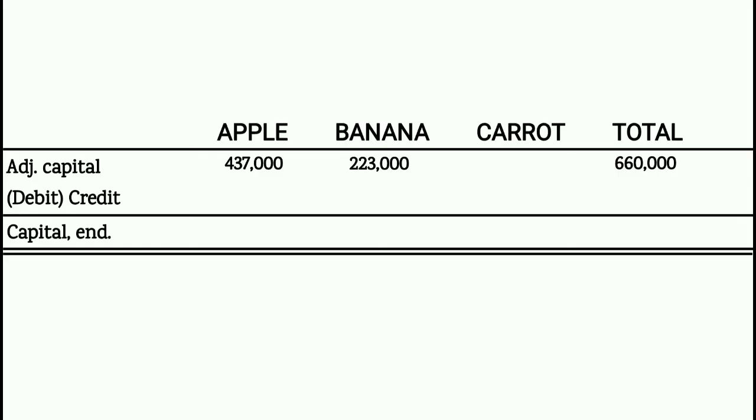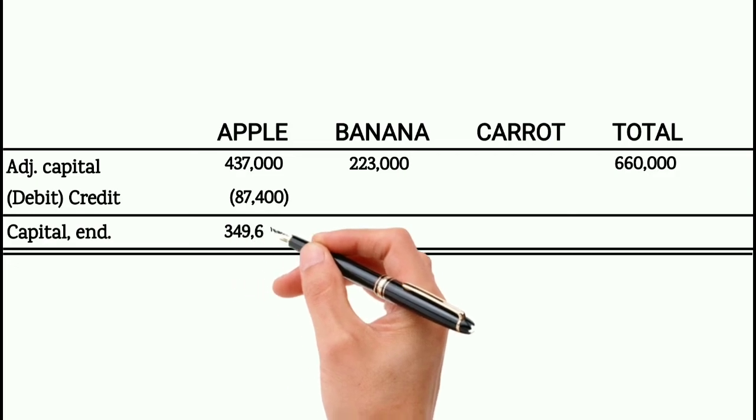pesos. We debited the 87,400 pesos. Therefore, we deduct the 87,400 pesos from 437,000 pesos. Recall that the normal balance of the capital account is credit. We debited the 87,400 pesos, therefore it is subtracted from the adjusted capital before admission. Therefore, the ending capital of Apple is 349,600